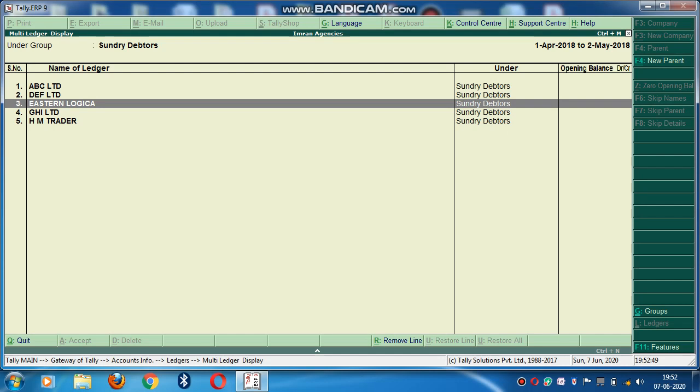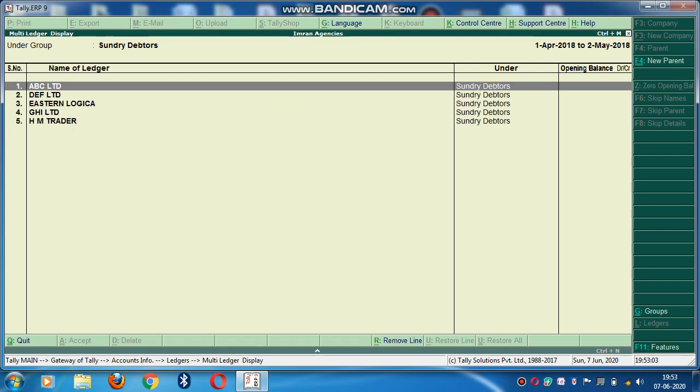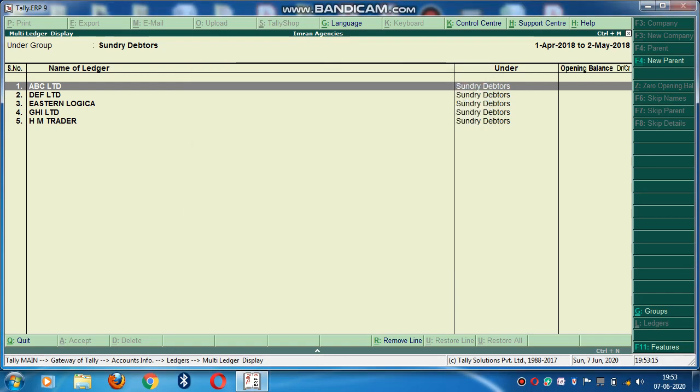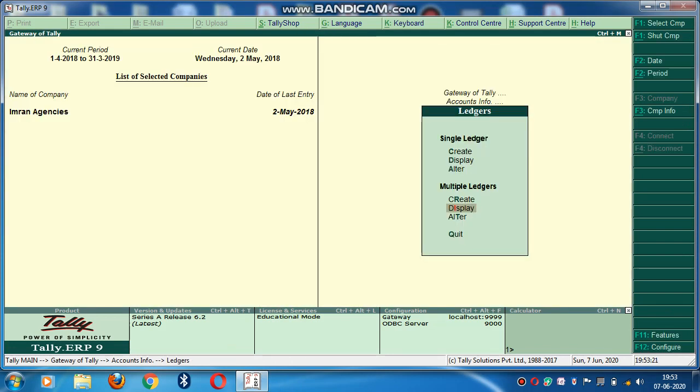Eastern Logica was created in single ledger mode, as you all remember. HM Traders is also similar to Eastern Logica; I created it through single ledger mode. So this is how you can create more than one ledger at one time in bulk mode, by using multiple ledger creation.